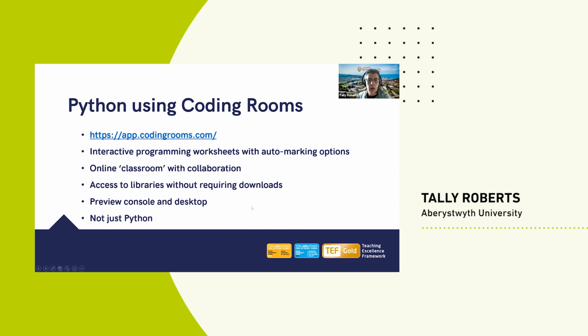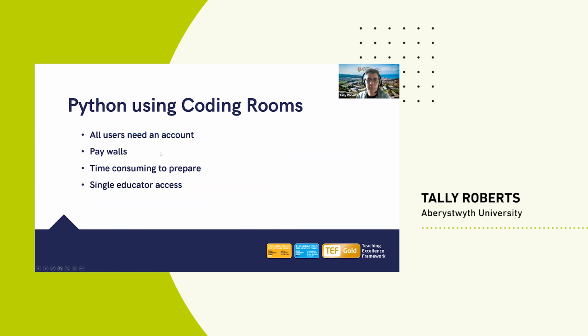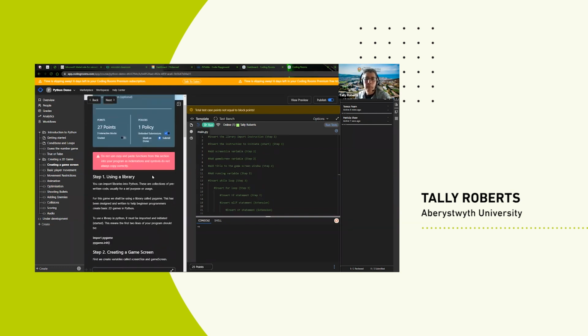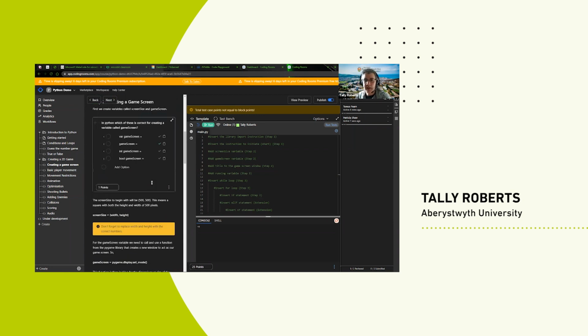Okay, so what are the negatives? Well, for a start, all users for coding rooms need an account. They need to log in to the program. Two, there are paywalls. I don't know if you noticed when I was in my teacher mode, I had that orange bar across the top. I accidentally activated a 30-day free trial of the premium subscription, but that was after I'd already created these worksheets,